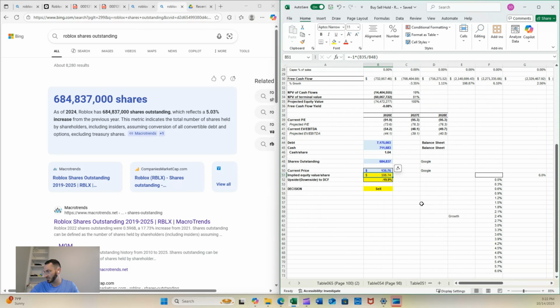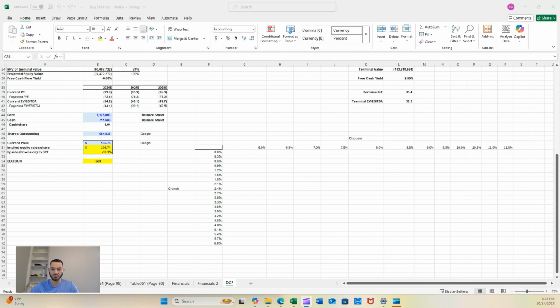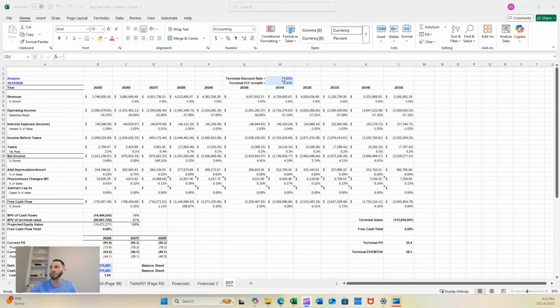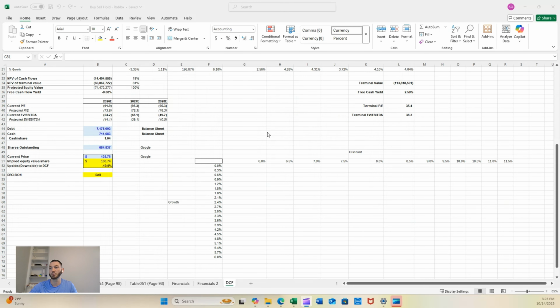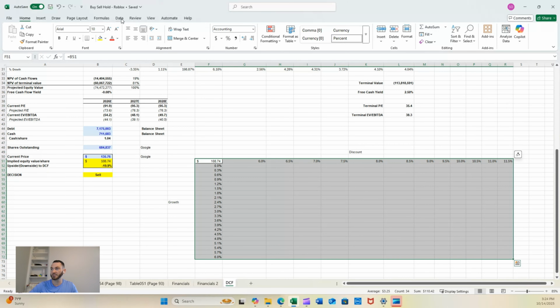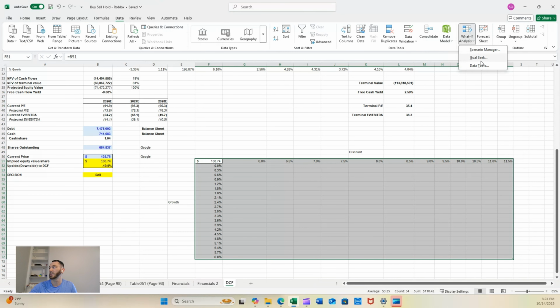But we can do a bit of a sensitivity analysis and just see if there are different numbers that we can play with as well. And so now we can look at some different alternatives. So the terminal discount rate of 6.6 and the terminal free cash flow growth rate of 4% is what we're using. But just to see what some other numbers might look like, we can put the implied share value that we've come up with here, and then we can highlight this area, go to data table,